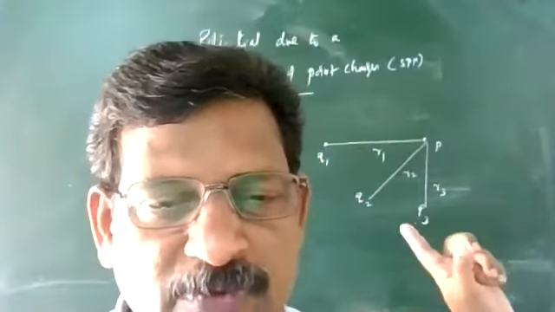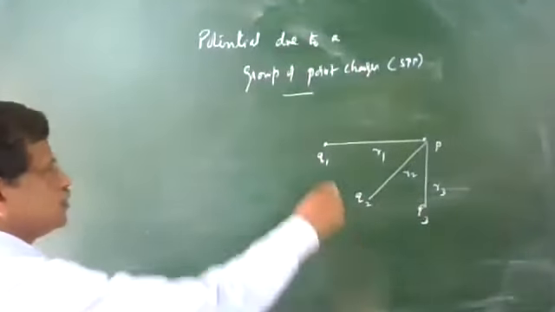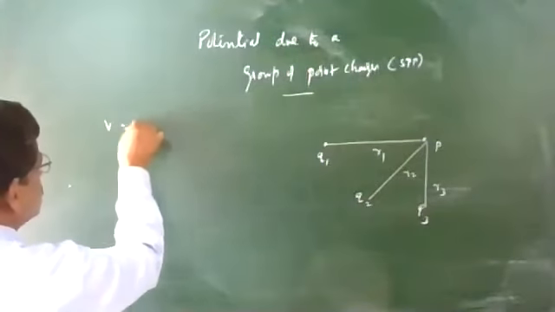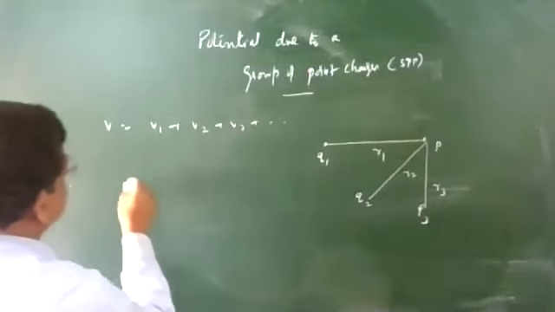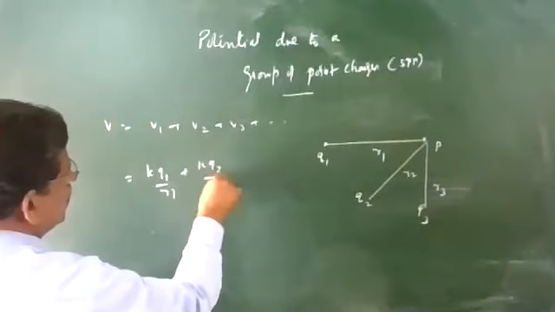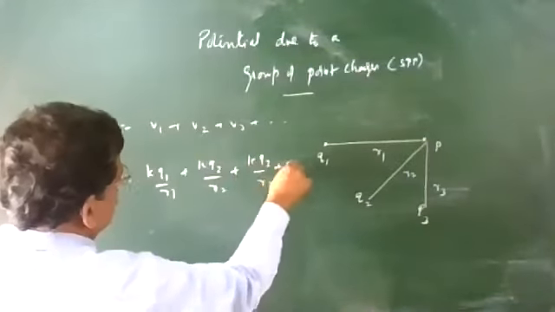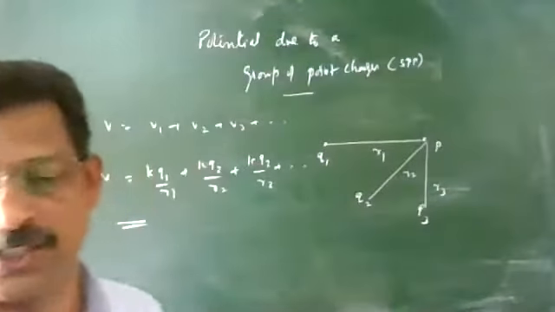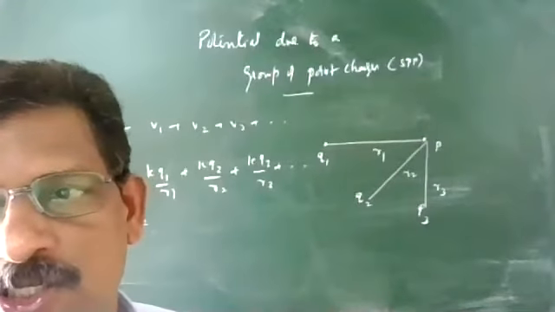So in this description, we have taken all positive charges. Numerical mein negative charge asked. So here Q1, Q2, Q3 all are taken as positive. So total potential is V1 plus V2 plus V3 plus etc. That is K Q1 by R1 plus K Q2 by R2 plus K Q3 by R3 plus etc. There is no vector sign anywhere. It's not a vector addition. It is the algebraic sum. No vector addition anywhere.